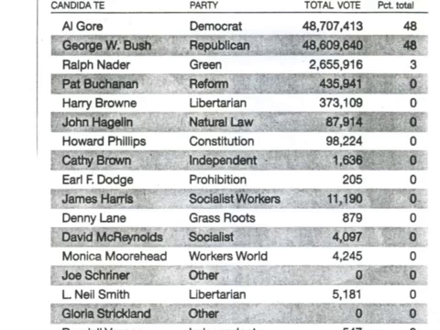Take a look here at the 2000 election. Al Gore and George Bush were very, very close coming into the closing hours of the presidential race, 48 million apiece, roughly. But a Green Party candidate, Ralph Nader, took 2.5 million votes away from Al Gore, because the Democrats are more about the environment. Libertarian candidates took votes away from George Bush. Constitution candidates took votes away from George Bush. Natural Law took votes away from the Republicans as well.